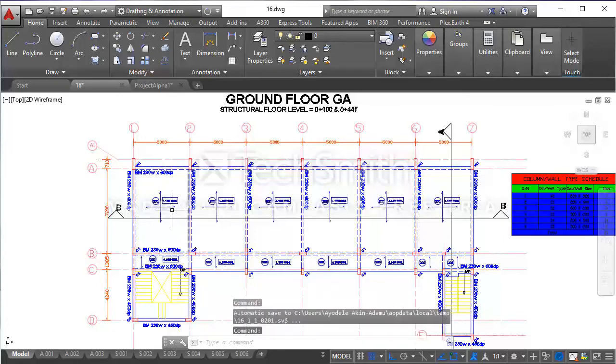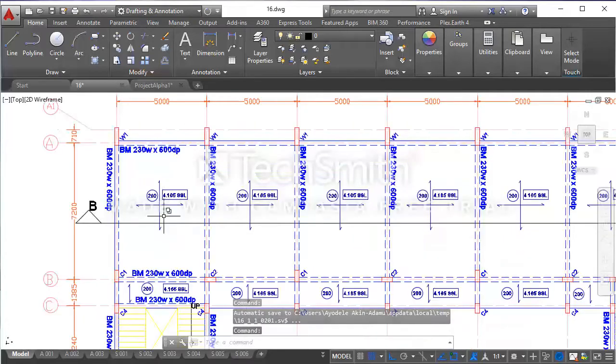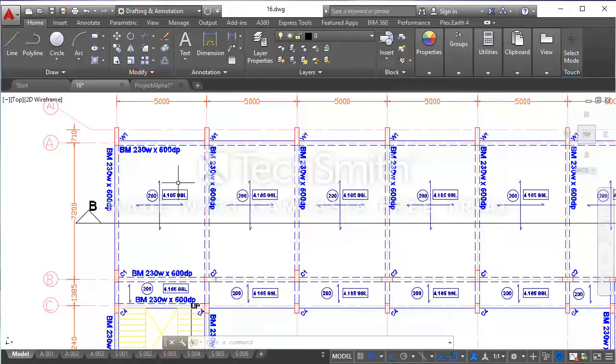Also on the slab information, provide the tags provided to denote the ground floor slab. You should know that the ground floor slab is supported on the ground and foundation wall. It is not a suspended floor. So we don't need spanning arrow information on our ground floor gen element drawing.